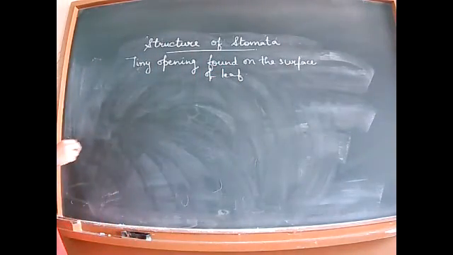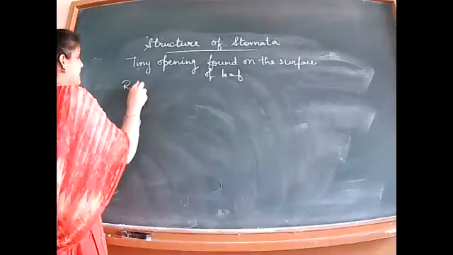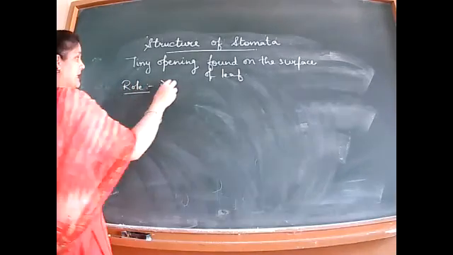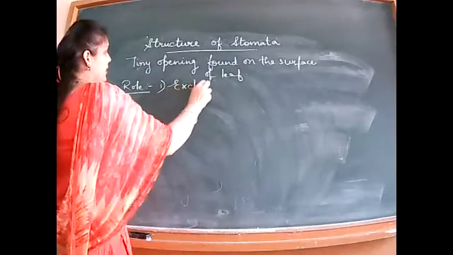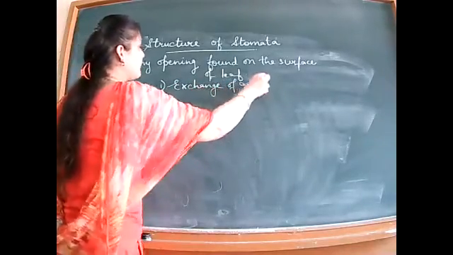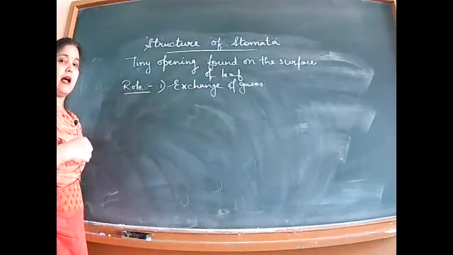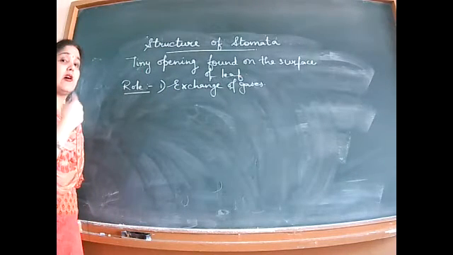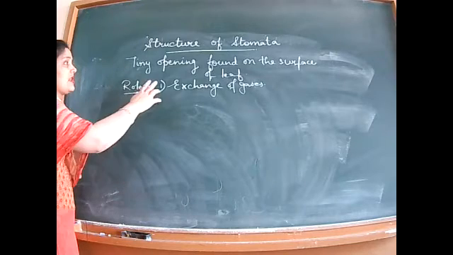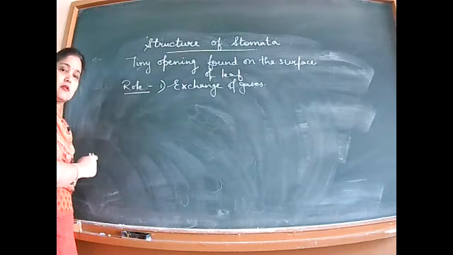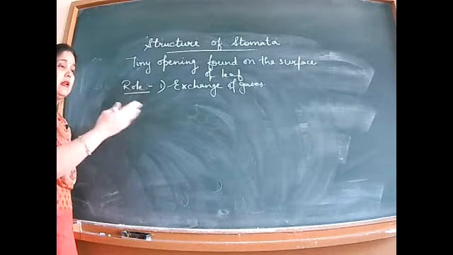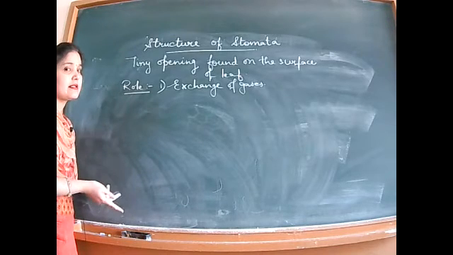What is its role? The stomata plays two major roles. What are the two major roles? First, it helps in exchange of gases. What do you mean by this? During photosynthesis, the plant has to take in carbon dioxide and give out oxygen. All this taking in of carbon dioxide and giving out of oxygen is done by the stomata. Even the respiration process requires the reversal, that is, oxygen is required and carbon dioxide is given out.